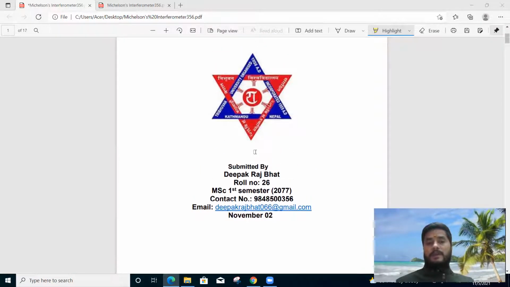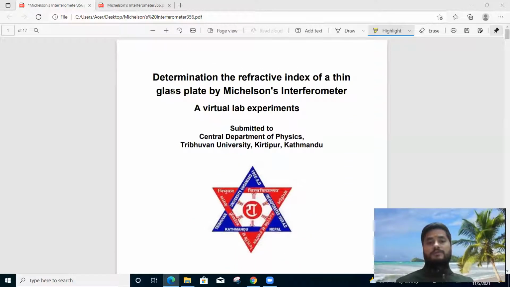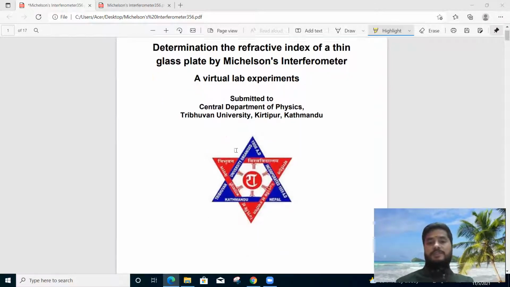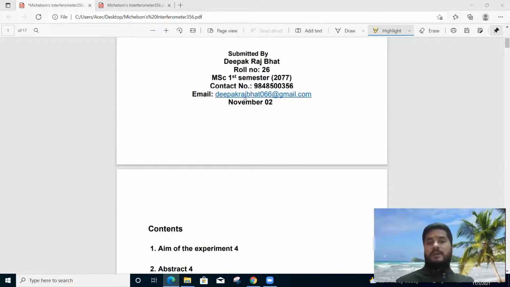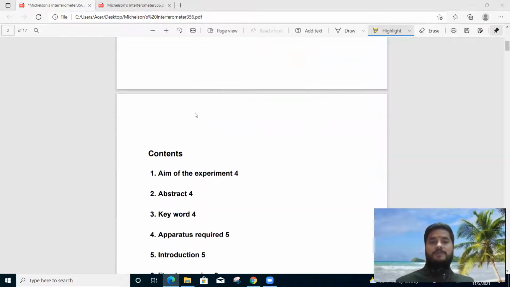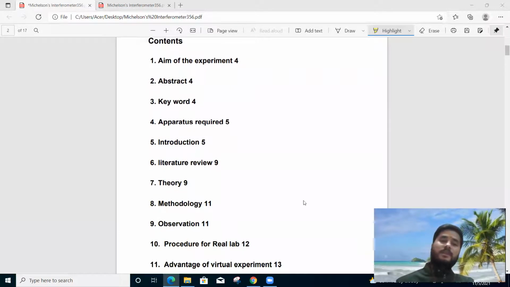Today I'm going to do the virtual lab on the topic of determination of the refractive index of a thin glass plate by Michelson interferometer. I'm going to submit this virtual lab to the HOD of the Central Department of Physics, Tribhuvan University. It belongs to the following contents: aim of the experiment, abstract, keyword, apparatus required,